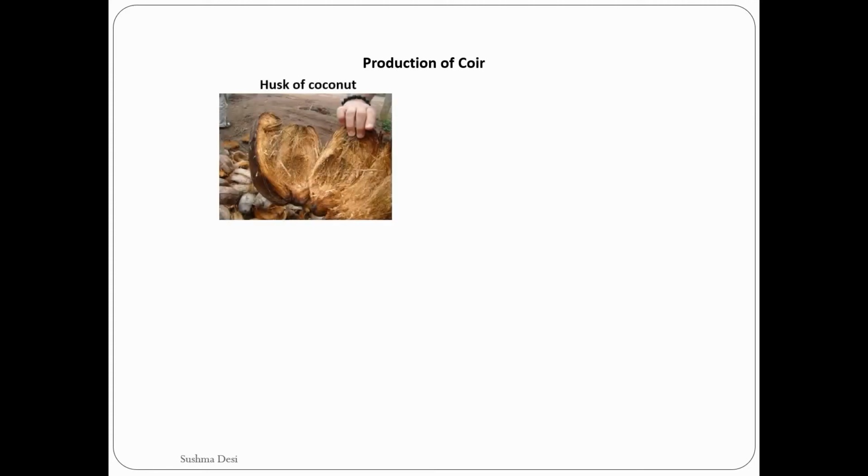Today we'll be studying the next natural fiber, that is coir. Coir is obtained from the coconut plant. In the coconut plant, the coconut is removed and the edible parts, that is the eatable parts, are removed, and what remains is the strong fibrous material which is found between this